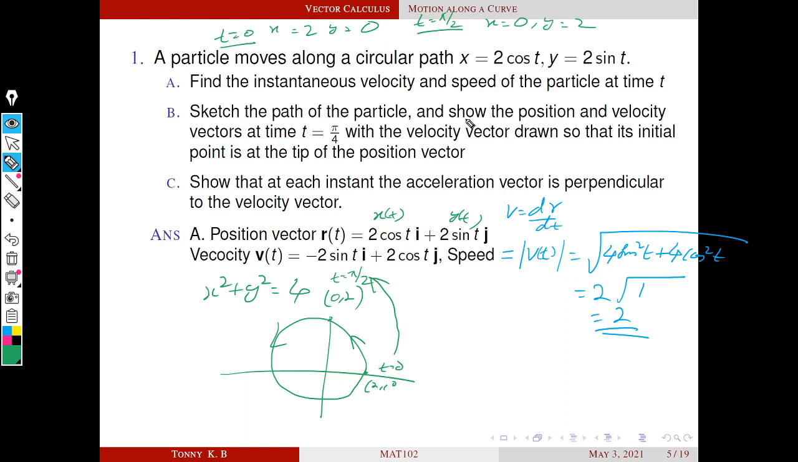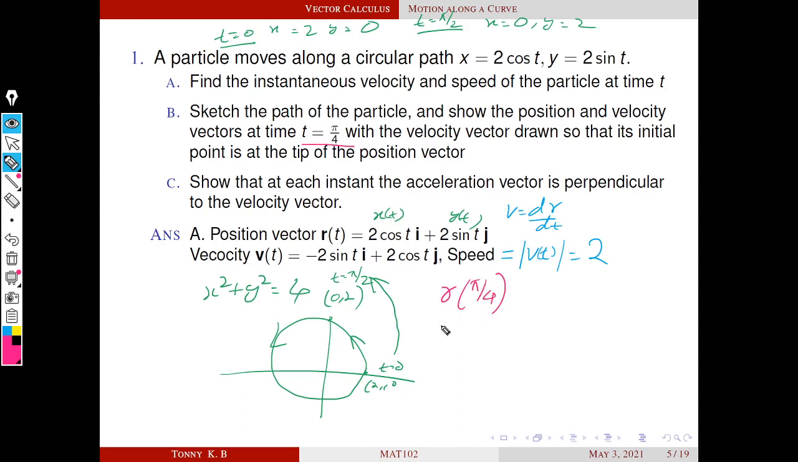Next we have to find the position and velocity vectors at time t equal to pi by 4. Already we evaluated the position vector and velocity vector in terms of t. So we have to find the position and velocity at the particular time t equal to pi by 4. So we simply calculate r of pi by 4 and v of pi by 4. T equal to pi by 4 is somewhere here. So what about the position? The r of pi by 4 is 2 cos pi by 4